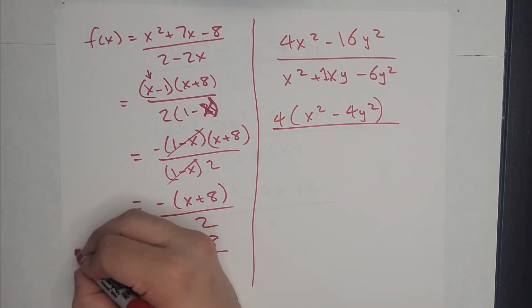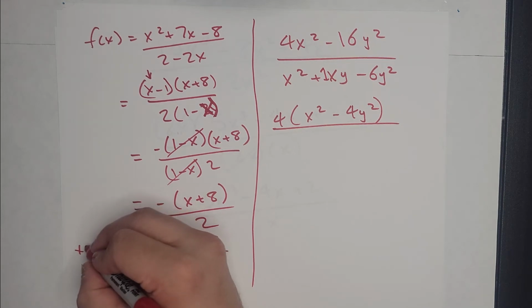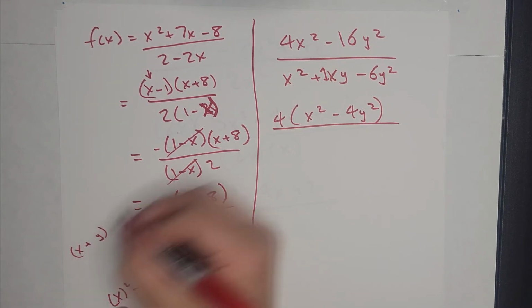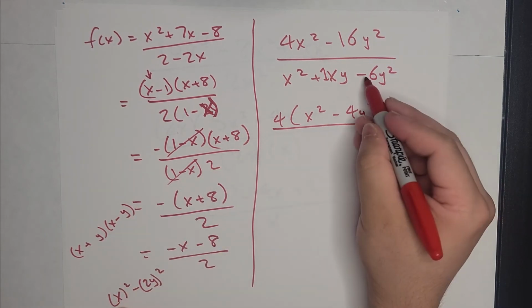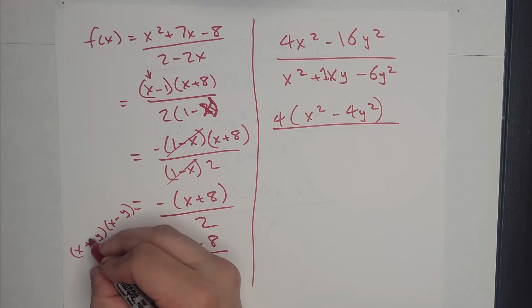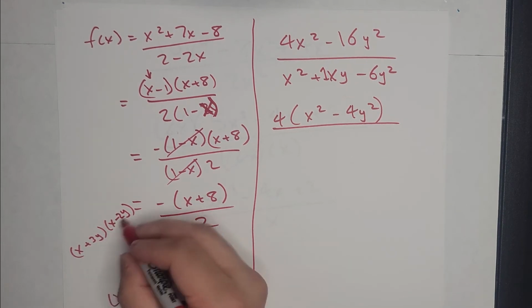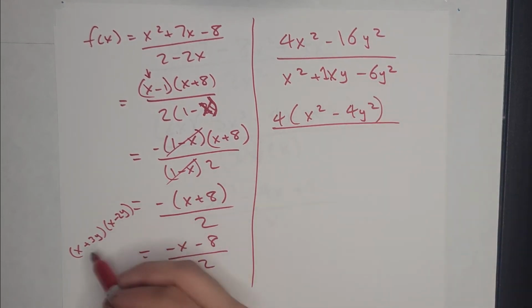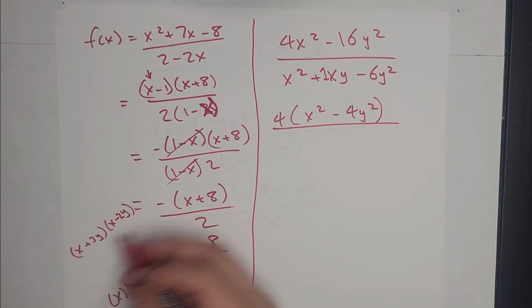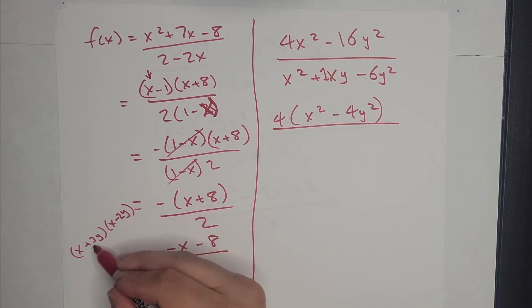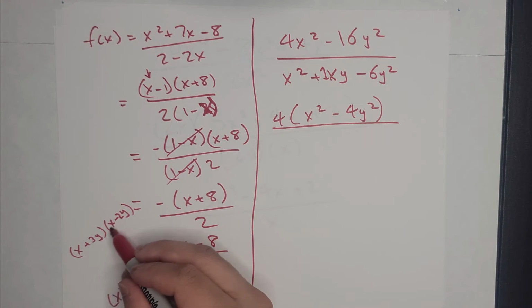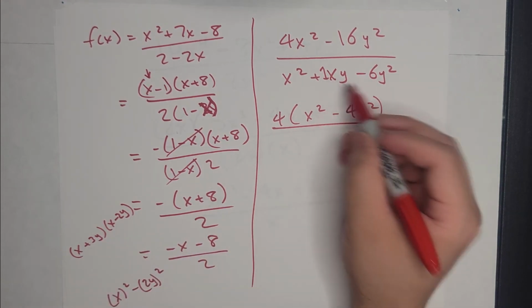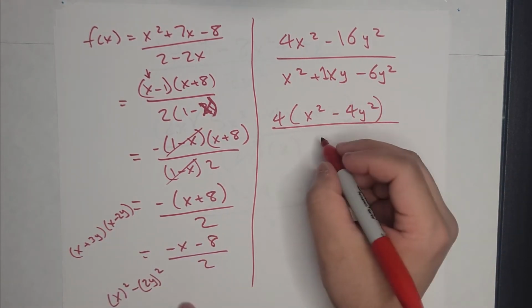So if we do something like x plus y times x minus y, because that's a negative, but this one's going to be positive, so I can do that. 3 times 2, it'll give me a 6. A negative 6. Negative 2y times positive 3y will give me a negative 6y squared. Plus 3xy minus 2xy will give me that. So that should give me